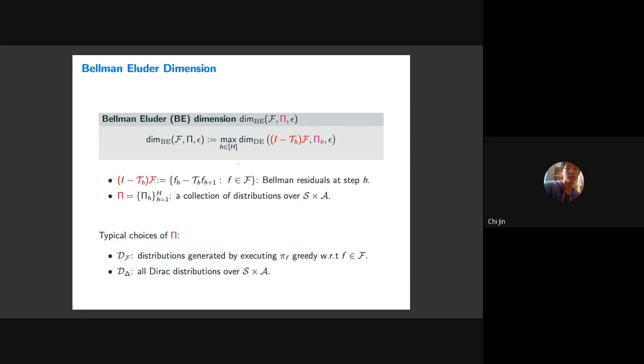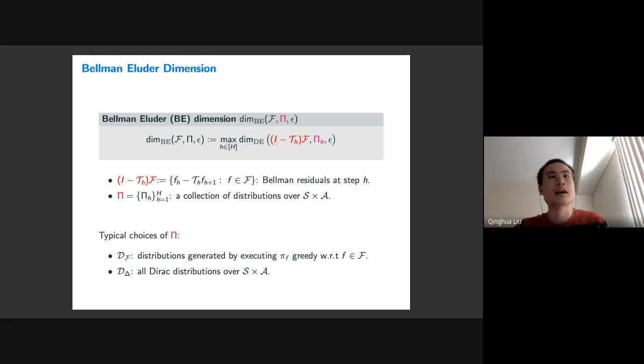Eventually we will only pay something polynomial in terms of this B dimension. So whether you make it max or make it average, it more or less just differs by a factor of H. And if you're willing to pay a polynomial factor of H, there's really no difference between those two versions. Actually, I think we only need to pay an additional H, only linear in H. We don't need to pay too much if we don't take the max.